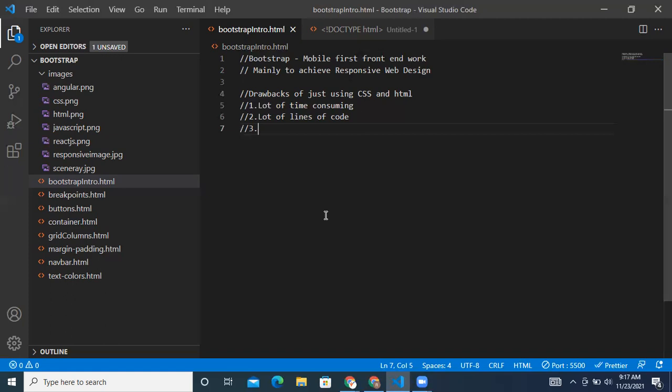So that is the reason Bootstrap is... I mean, the resources for designing a page also will be reduced. So if you are taking 3 resources for completing one web page, but using Bootstrap, one guy is enough to design one web page. Okay. So that is one advantage of using Bootstrap.